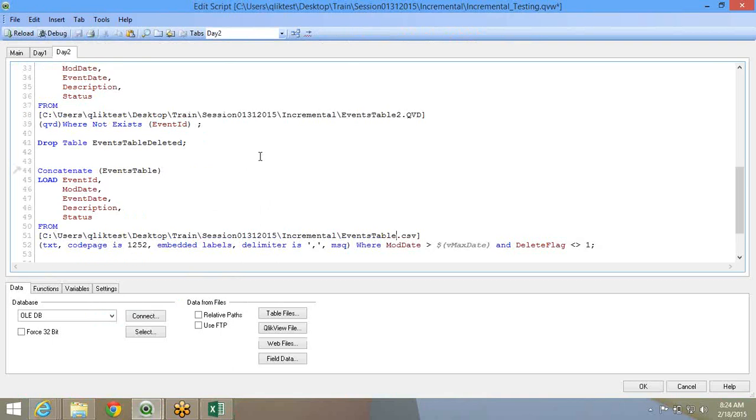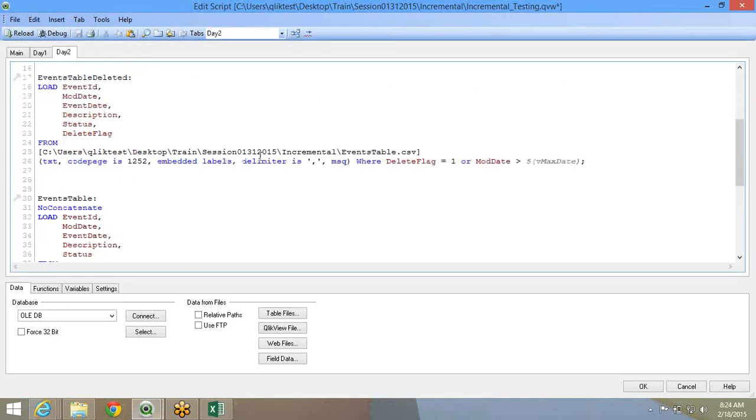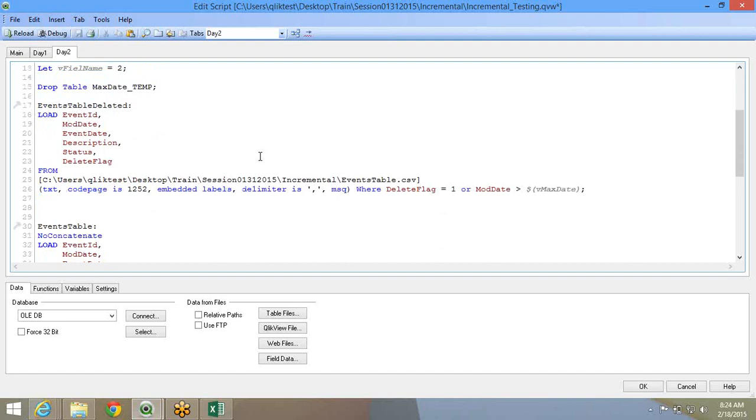I tried to do something else. I think that earlier script didn't work well. So I think this is the logic. This is one of the preferred logics.